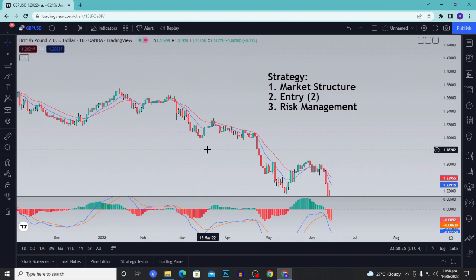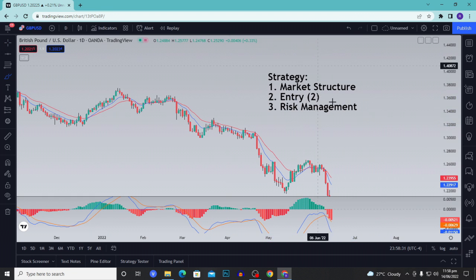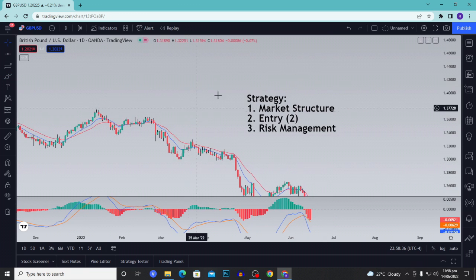Sorry. And the last part of the strategy is risk management, which I'll get to later down. Okay, now to explain the strategy,